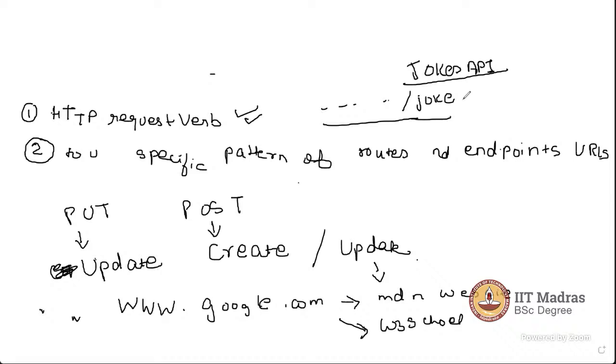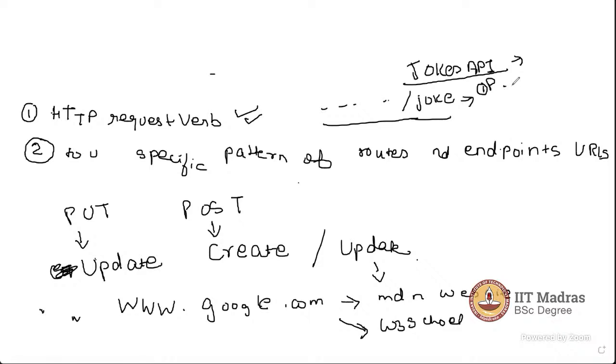But you don't want all the jokes, right? Let's say you only want jokes regarding programming. This is the first aspect: you want jokes regarding programming. So let's say we create a route for jokes that it should fetch. In this case it is fetching all kinds of jokes, right?